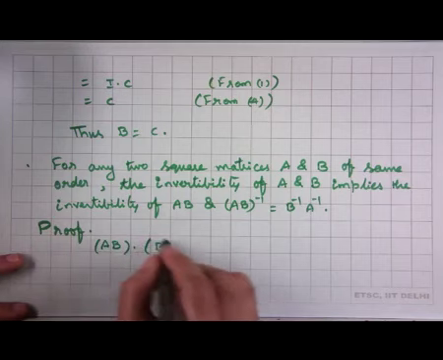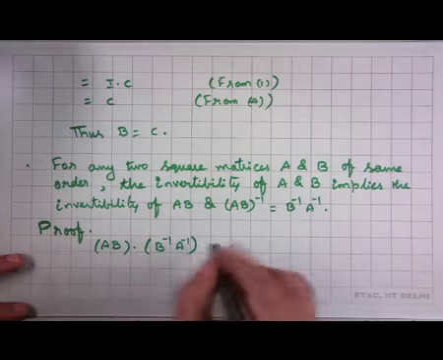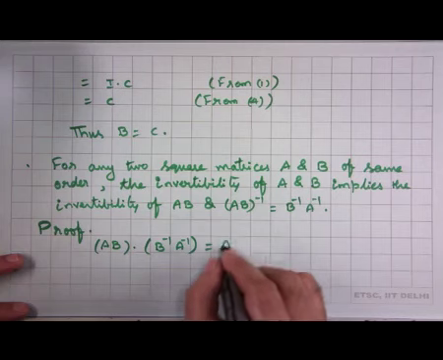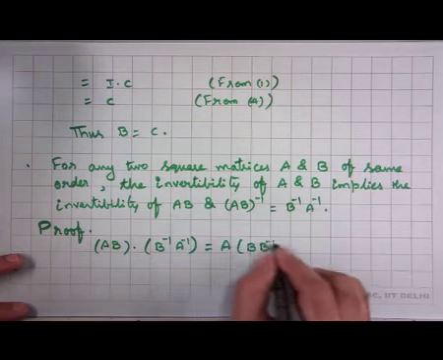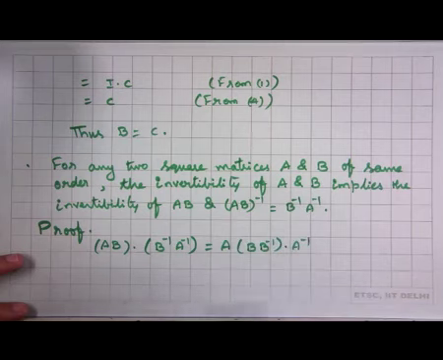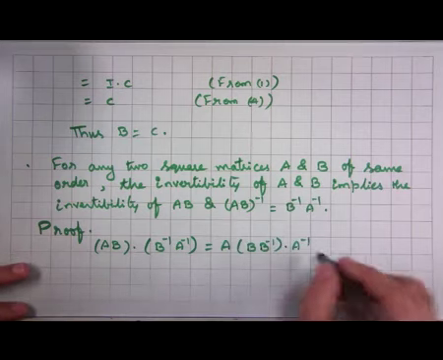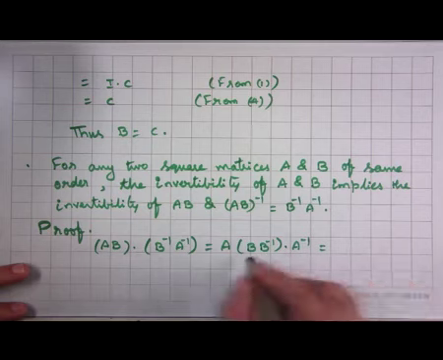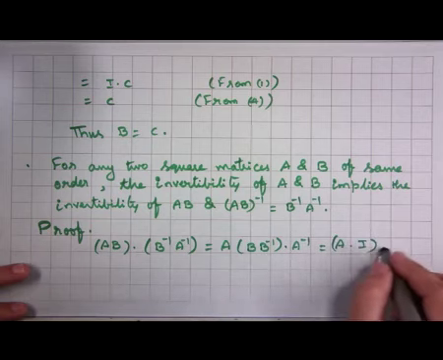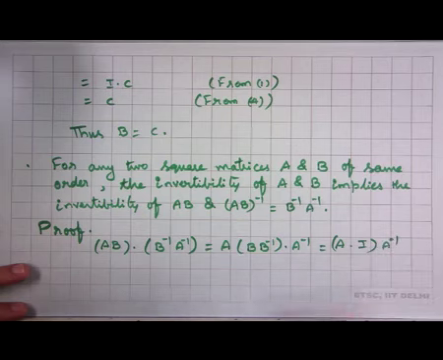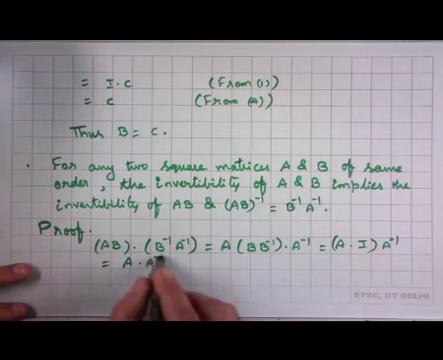AB times B inverse A inverse is equal to A times B B inverse times A inverse, but B B inverse is just the identity. So, this is the same as A times identity times A inverse, but A times identity is just A. A times A inverse is going to be the identity. Similarly,